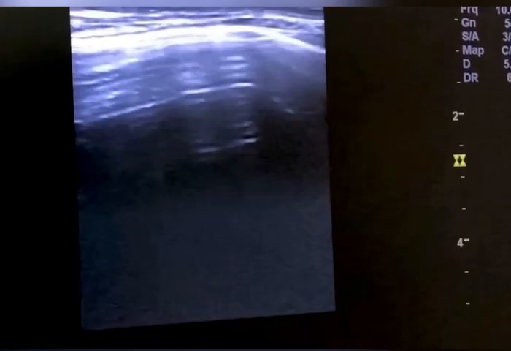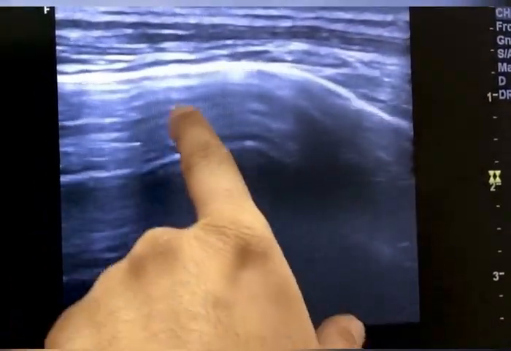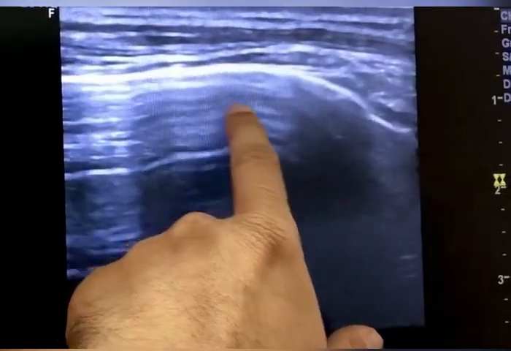This is once again the spleen. See there. And this is the chest, and these particles that are moving